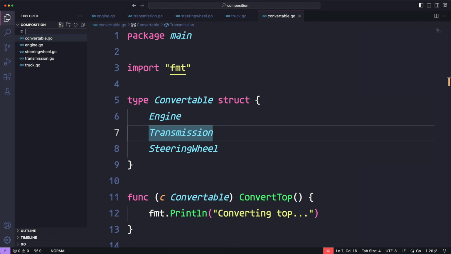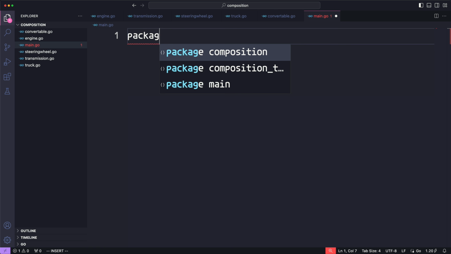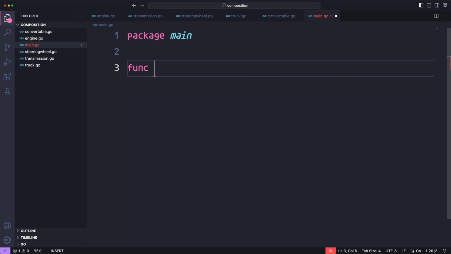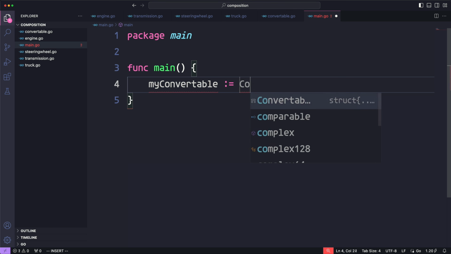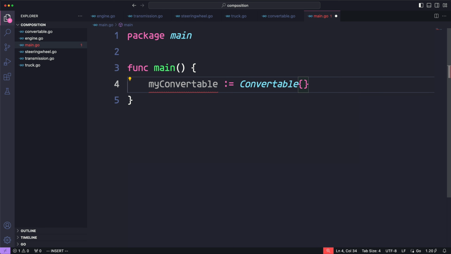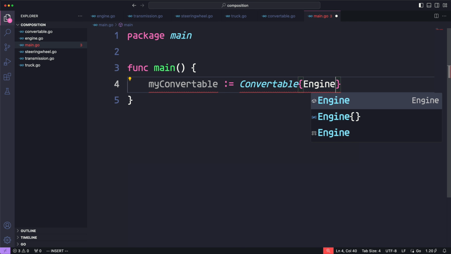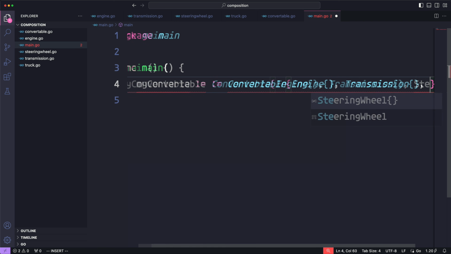So now let's go ahead and create our main function. So package main, and then we'll just create the main function. Now within main, we're going to go ahead and create a convertible and a truck. So we'll do my convertible equals, and we're going to build a convertible. And in order to build it, we're going to need to pass in the engine, the transmission, and the steering